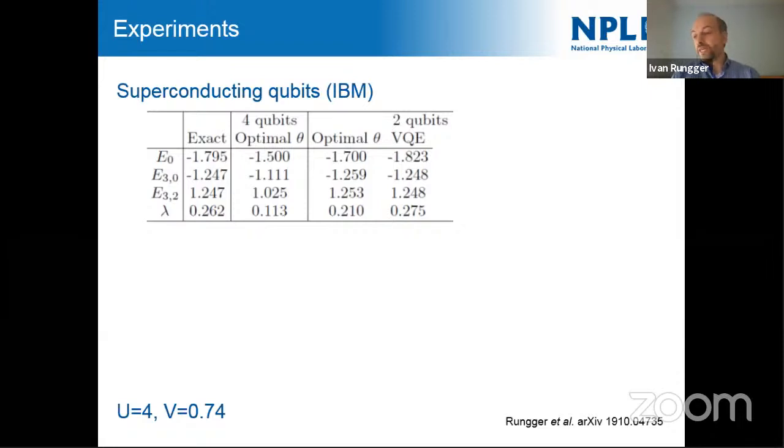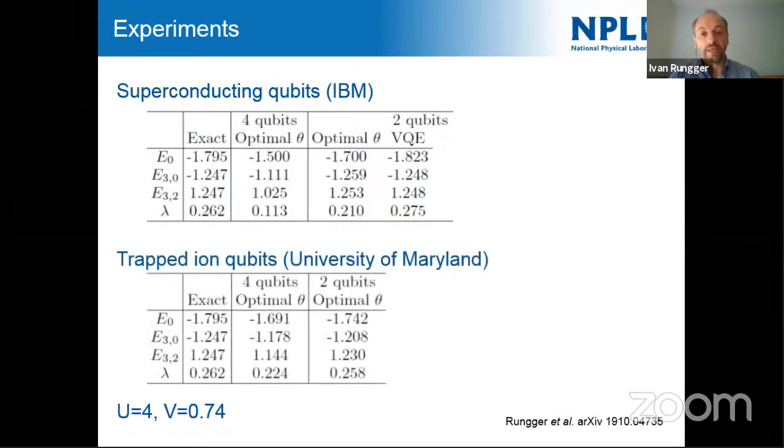So that's essentially giving this noise here. And as one expects, the VQE can only reduce the energy in comparison to the optimal theta. So it means that there's some compensation for small calibration errors in the hardware, so you can go closer to the exact energy. So this looks very good. And we did the same just to compare on the trapped ion machine in Maryland, where, again, I report the same numbers, not the full VQE loop, but just the optimal theta results. But here, the main difference is that on 4 qubits, already the energy is quite significantly closer to the exact one. And also the lambda is already quite close. And if you go to 2 qubits, it gets even closer here. So this was good, and we were quite glad about these results.